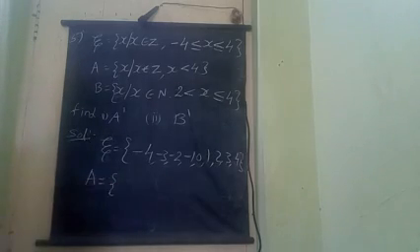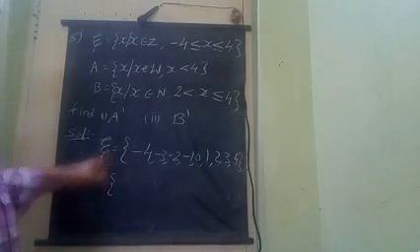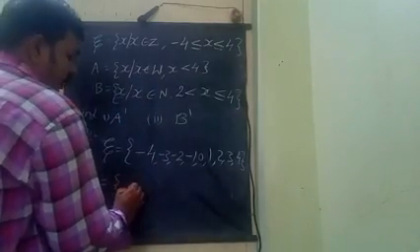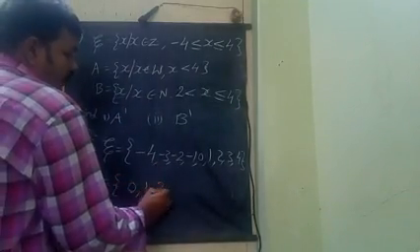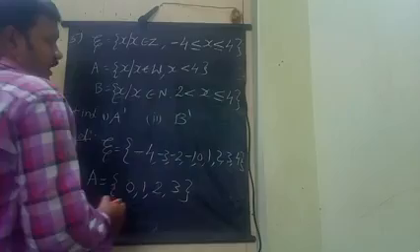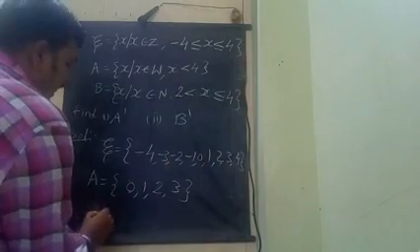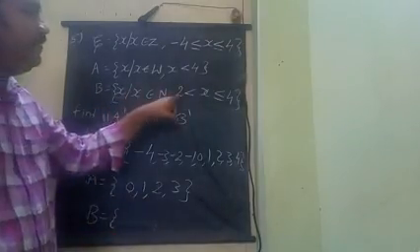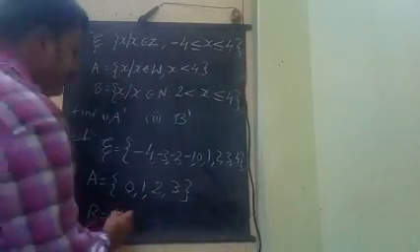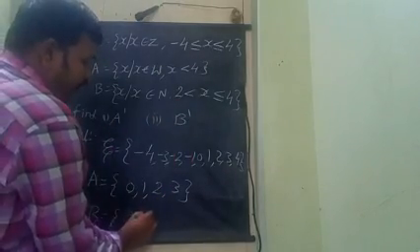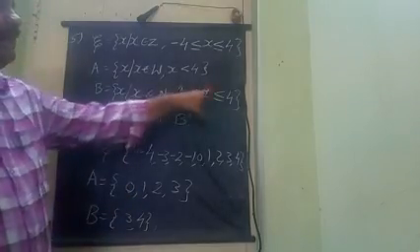Sorry, see the question once here. So W belongs to whole numbers. So write that one: 0, 1, 2, 3. Don't write 4 because the underline is not there. Next one is B. What are the elements of B? Natural numbers you have to start. The natural numbers, from where to where? 2 to 4. That means 2, then 3, 4. Here I did not take 2 but I took 4.